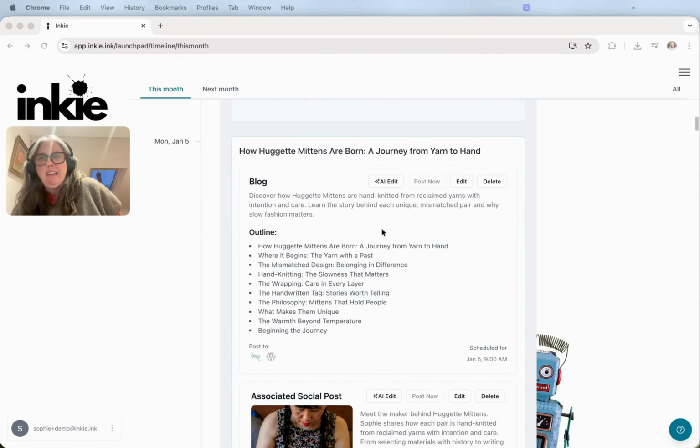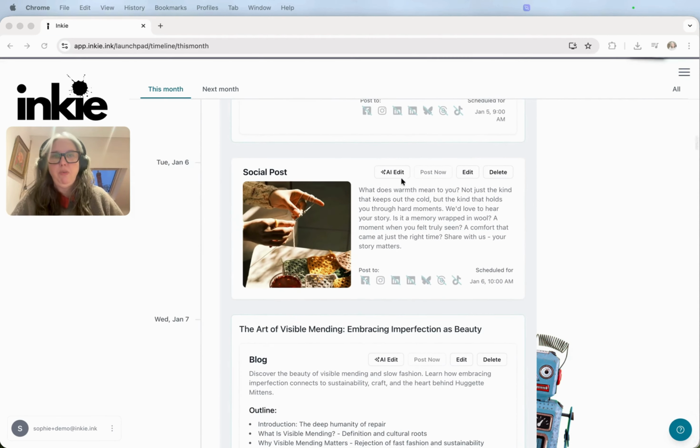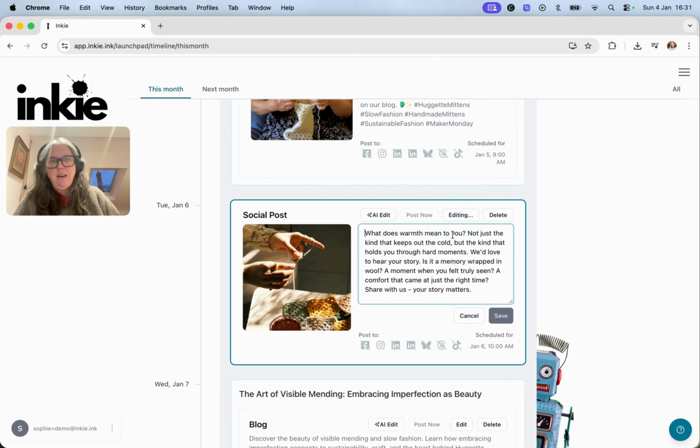Let's go over editing. So we're going to start with blogs. Actually, we'll start with a social post. You've got various ways of editing. If you just want to change a word, you can click edit there, and just say something along the lines of memory wrapped in wool. Feel seen. Let's change that one word to a moment when you felt truly cared for, and we save